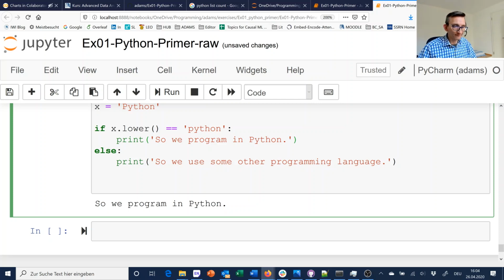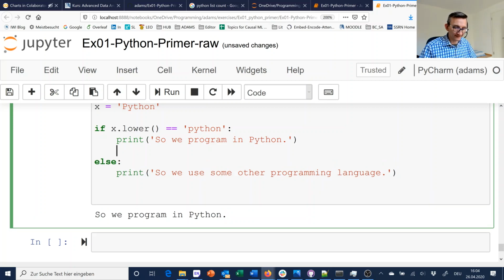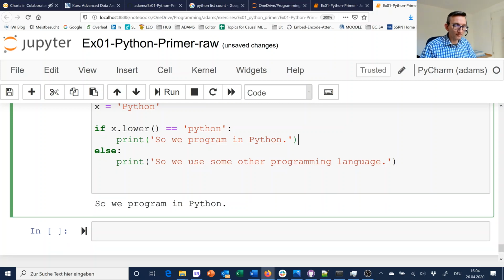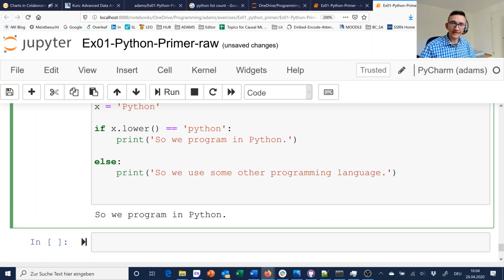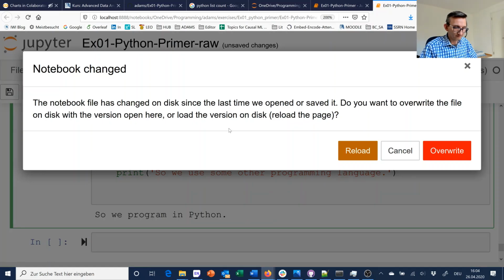If I, for example, want to continue this condition here, so we program in Python, that was already it. If I just hit enter at the end of the line, the cursor is moved to the right position so that I could continue programming statements that come only if the if condition evaluates to true. Like print great, that's a nice